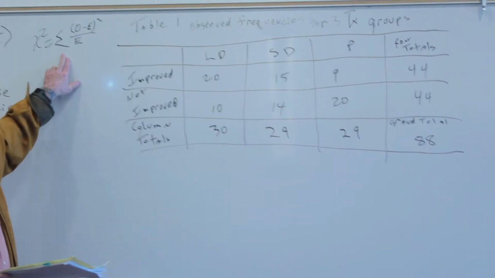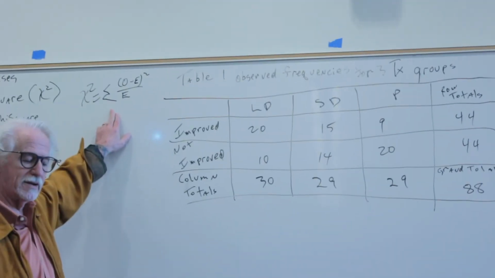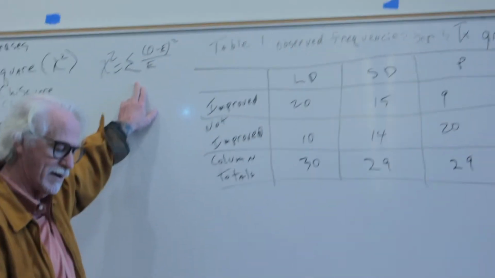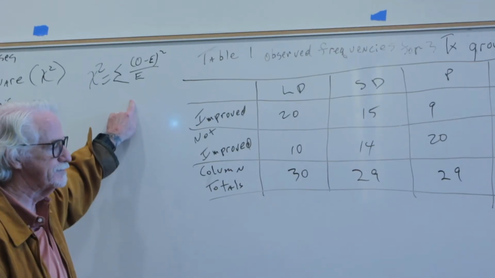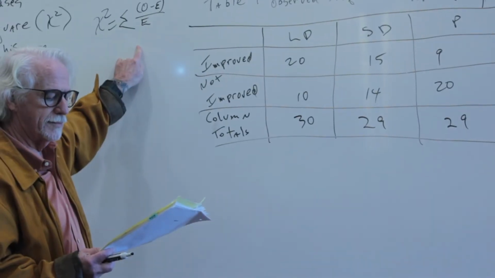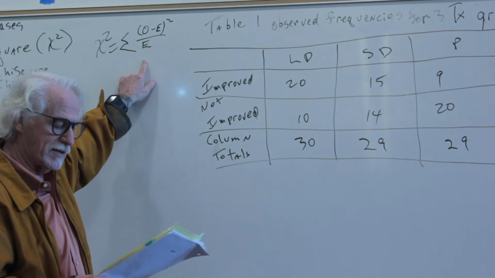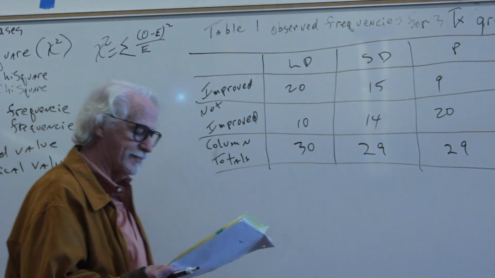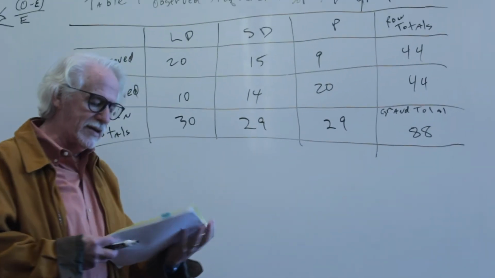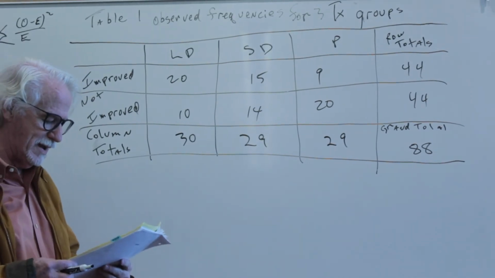And then for the two-way chi-square, the formula remains the same. It's the sum of the observed frequencies minus the expected frequency, squared, over the expected frequency, okay? In this case, the expected frequency is,